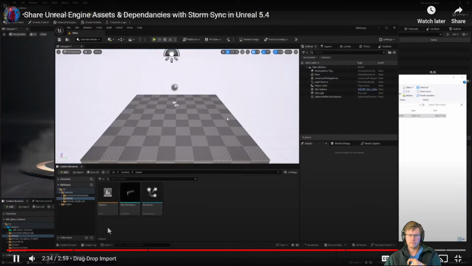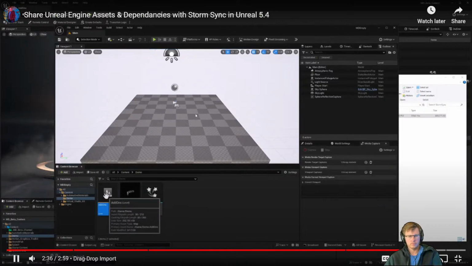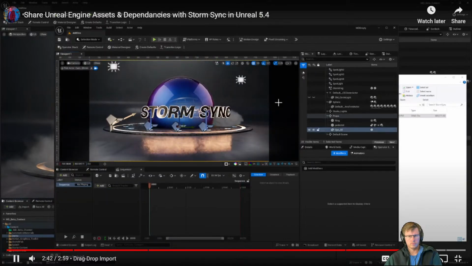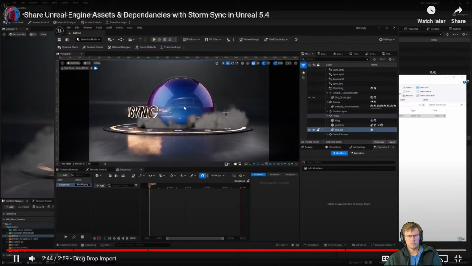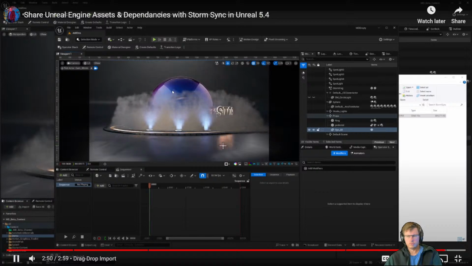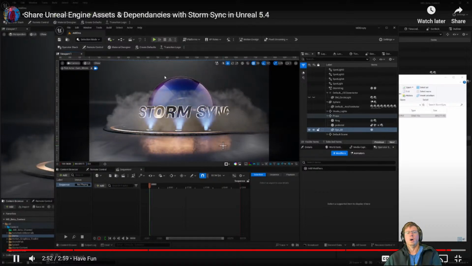And if I go into my demo folder, I have my add-ons. Let's go ahead and open that up. And I can click in the viewport and hit my G key to get rid of all that extra stuff. And there is the level working perfectly with all of the assets. Gotta love this feature. I hope this helps. Until next time, have fun.